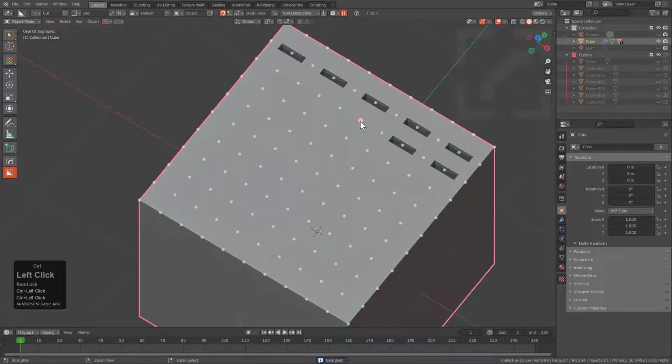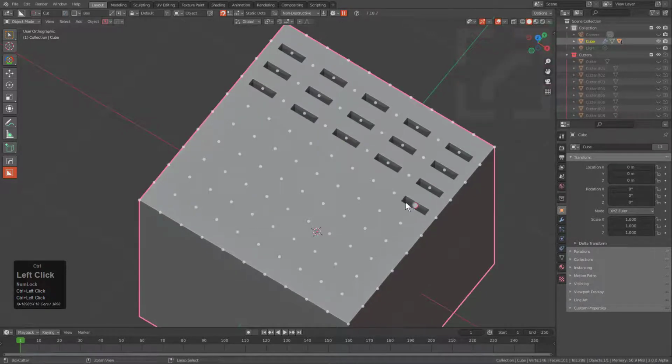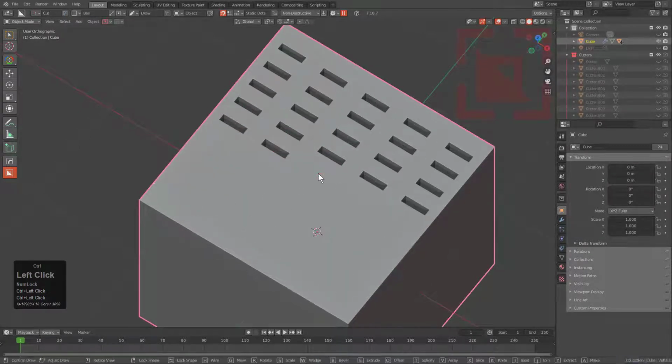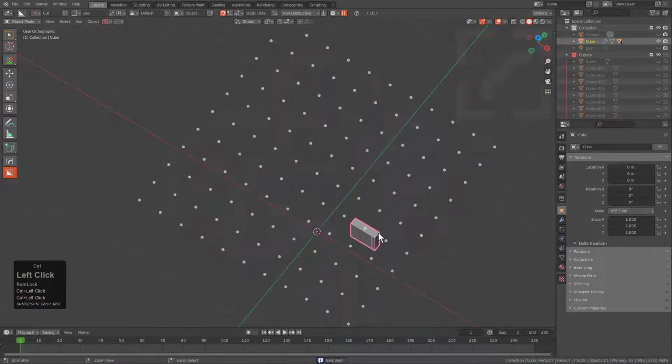Normally, whenever you perform a cut on the surface, the configuration of dots would change, which prevents you from being able to perform repetitive cuts in a sequential fashion. And this is something that I wanted to have resolved in one of the previous updates, but I'm glad we finally got around to it. So now you can see that no matter how many times I cut, the dots remain absolutely static,